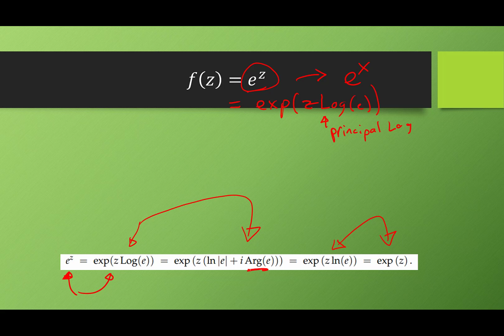However, if you use a different argument function, not the nice one that we are using with the principal log, no longer are you going to get this really nice cancellation, okay? So you have to be really, really careful about this. If you don't use the same argument function that we did with the principal log, then your cancellation law might not work out as nicely as you want. So in this case, we do get the cancellation law so that e to the z is exp of z. You might get something else if you use a different quote-unquote angle function, so just be careful.